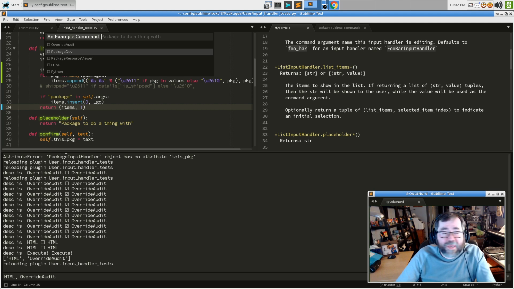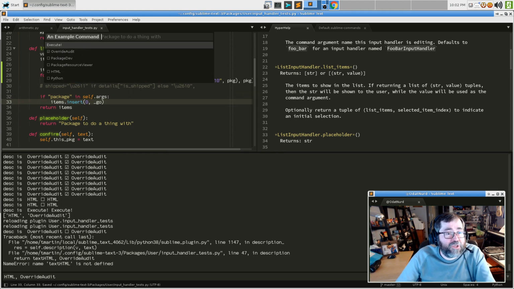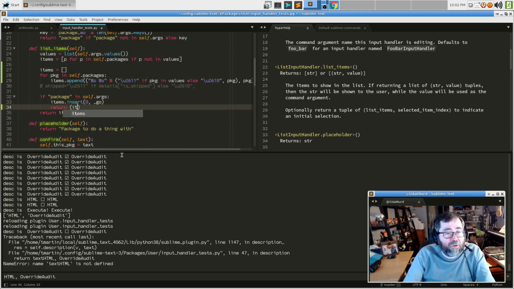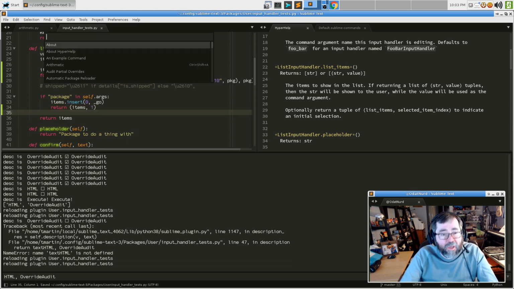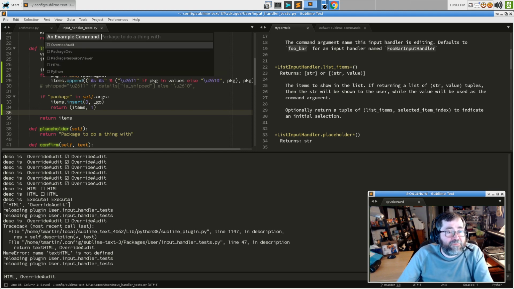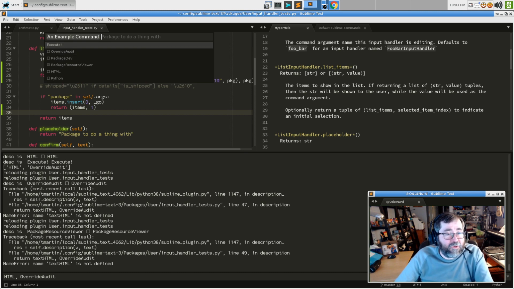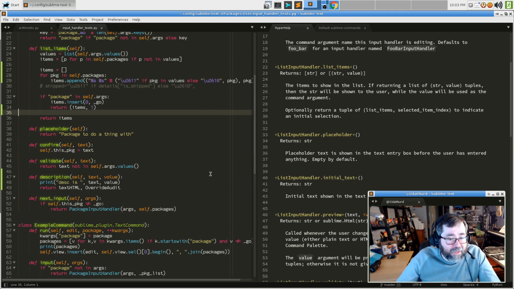Okay, so we can make our lives a little bit easier here. If package is in args, that's when we add that go string to the top, which is the one that adds that execute. So if this is the case, then we could return items and 1 like this. Otherwise, just return the list like so. And then when you come in, you're just at the first item, that's the package, then you add 1. And then when it comes back, execute is at the top, but it automatically jumped the cursor to the next item down. Although this is kind of broken because I think I executed it while it was inside of